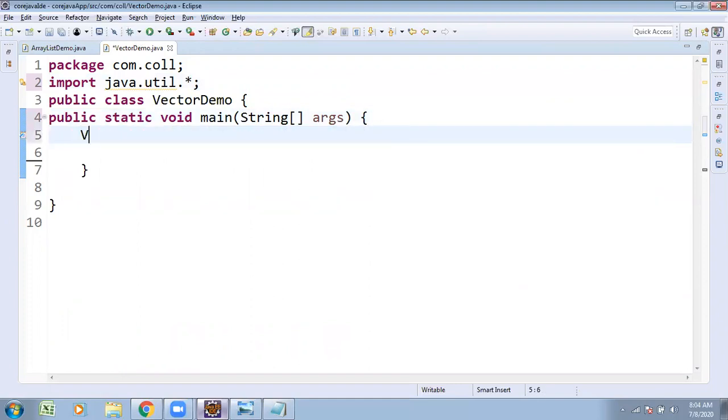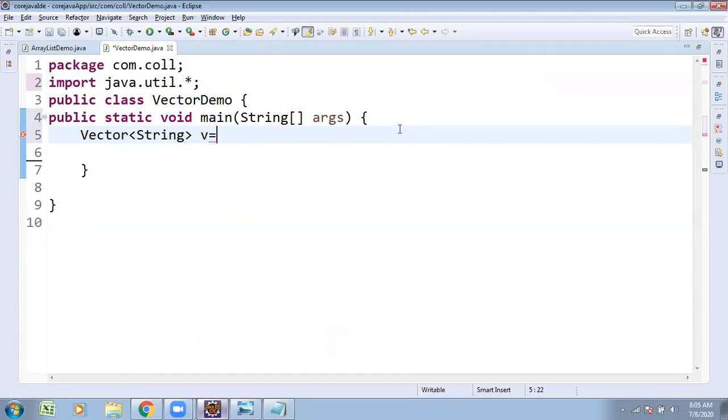Here I want to take the Vector, with String type of data. Vector is a class, and I want to take a String type of reference.